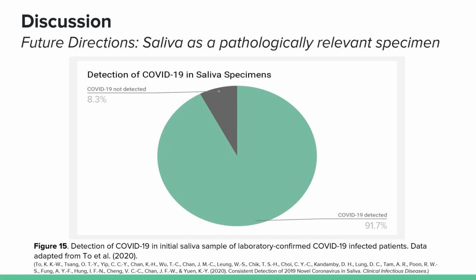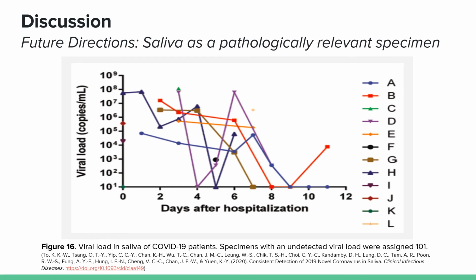Kah et al. demonstrate COVID-19 virus detection in saliva by viral culture, and 91.7% of self-collected samples in confirmed cases had a positive COVID-19 detection. As displayed in Figure 16, Kah et al. presented saliva as a medium for serial viral load monitoring, as there was an observable correlation between therapeutic intervention and declining viral load, thus substantiating the utility of saliva samples in COVID-19 clinical investigations.